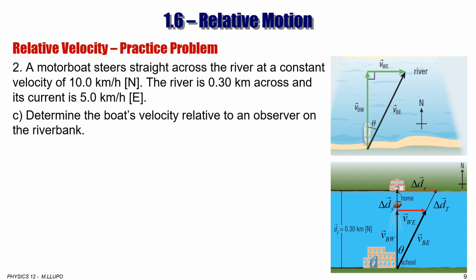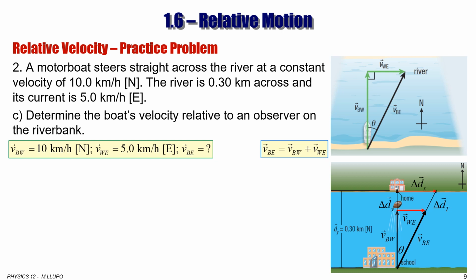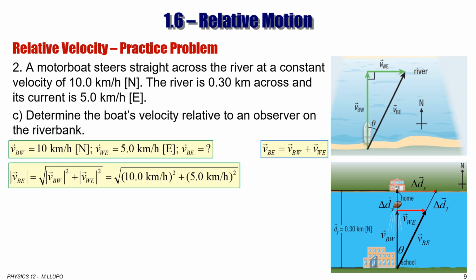So relative to Earth. If you see the diagram above, or even the one below, because it's pretty much the same thing, the velocity of the boat relative to Earth is the hypotenuse of the triangle that is made of the velocity of the boat relative to water plus the velocity of the water relative to Earth. So as always, you can use the Pythagorean theorem. It's a vector addition of the two vectors in 2 dimensions. Then you can use the Pythagorean theorem to find the magnitude of that hypotenuse, or the velocity of the boat relative to Earth,